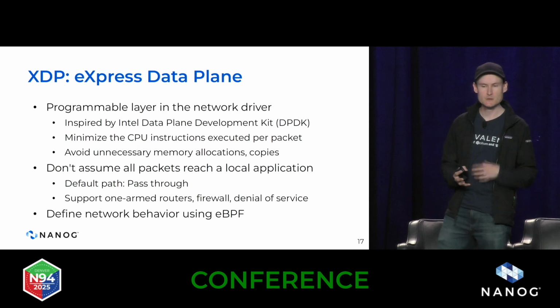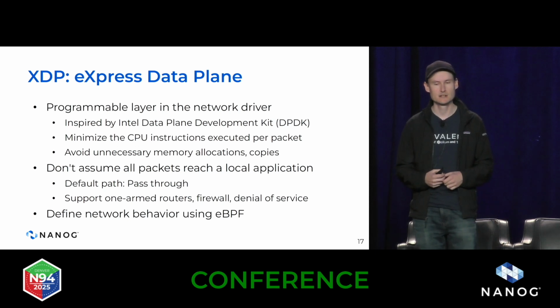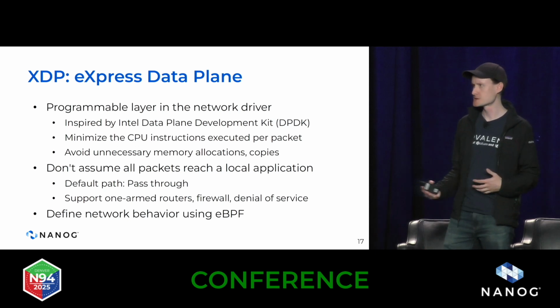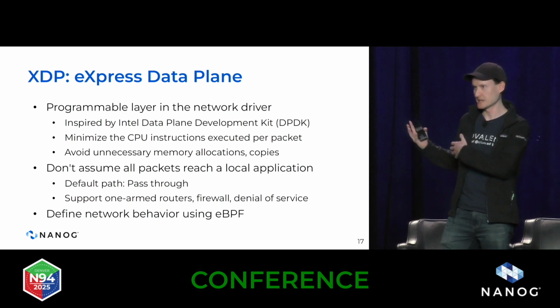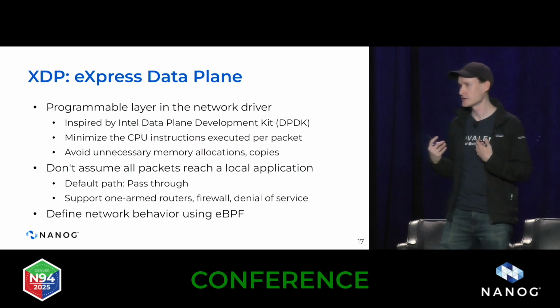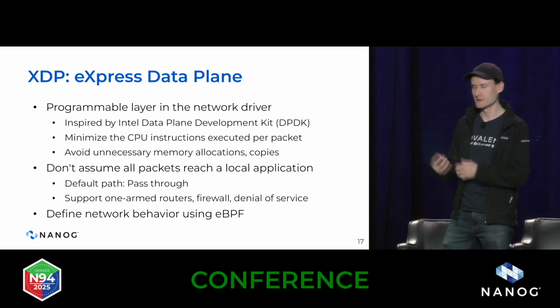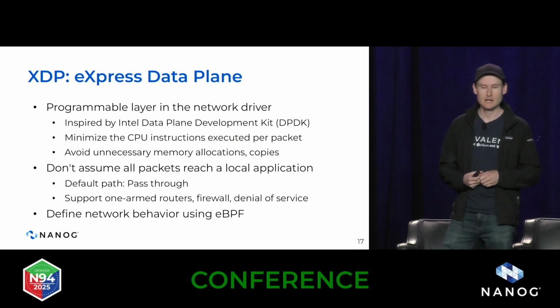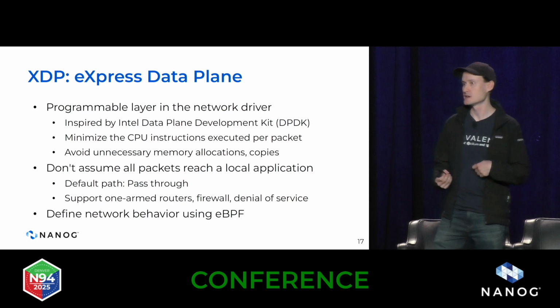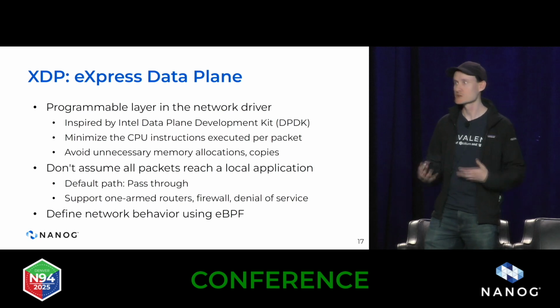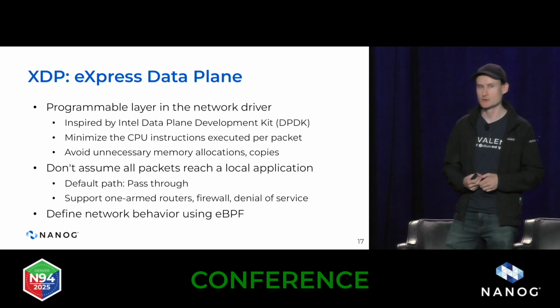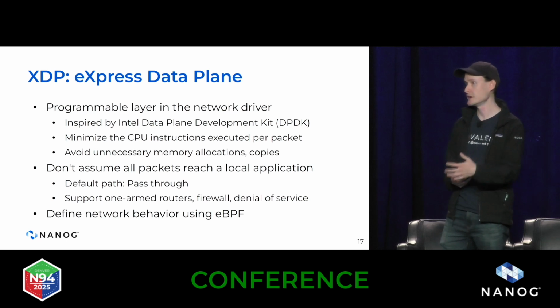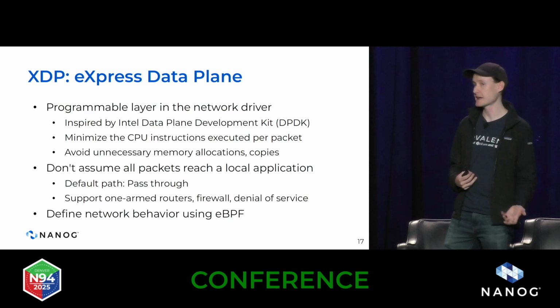One of the differences between DPDK and XDP is that XDP assumes by default that packets are coming into the host and they will be delivered towards an application. And so if you just pass traffic through XDP, that's the default path. So that means native applications will continue to work. But at the same time, it has alternative return codes for these programs that allow you to either drop packets directly there close to the NIC, or even reflect them back out a NIC on the host system.